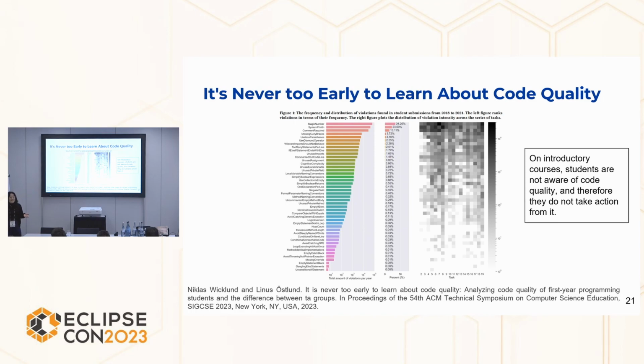And they still have code quality violations through the whole course because they are not aware of it. If they are not aware that they are doing something wrong, that they are choosing the wrong names, then they just keep making the same mistakes. They are not aware of it because the feedback they receive is mainly about how to make their task compile, and not how to make it correct.